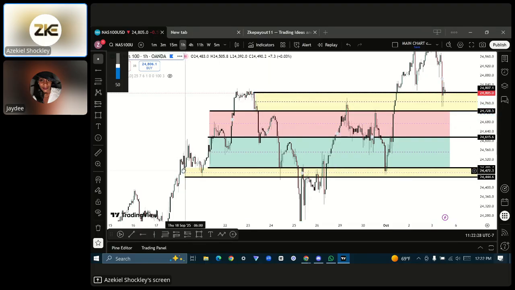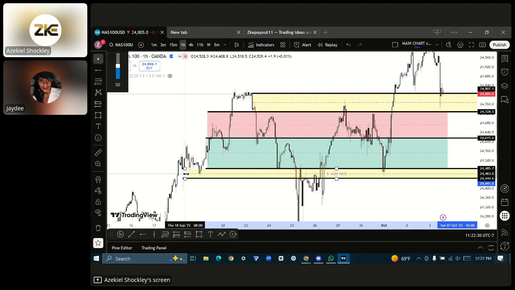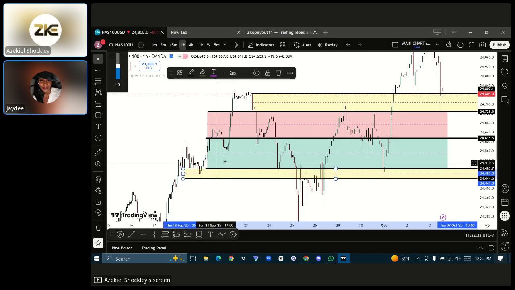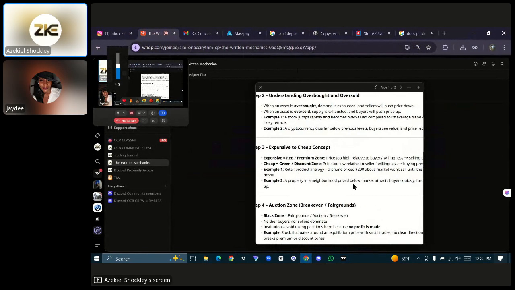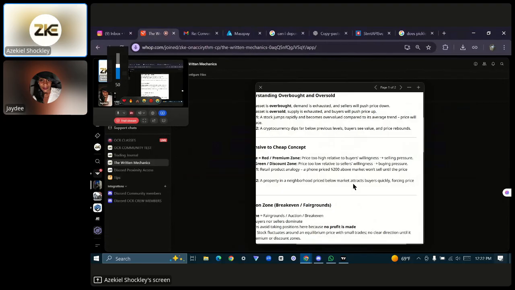This zone tells us where to buy and where to sell. And this tells us when it's happening, when it's gearing up. Okay. Cool. Now, for example two, a property in a neighborhood priced below the market attracts buyers quickly, forcing the price to